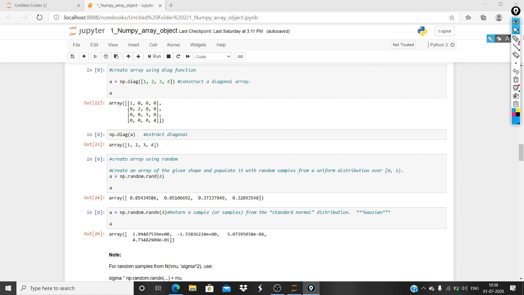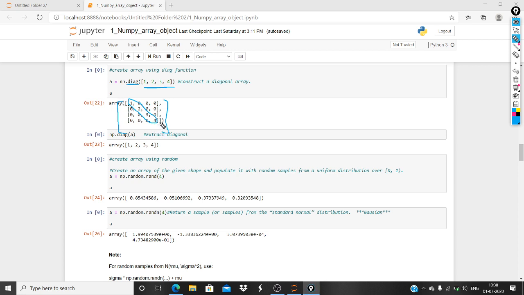np dot diag. What diag will do, here it is 1 2 3 4. As is clear by the name, the diagonal elements will be given the values that we provided. Here we have provided 1 2 3 4, and if it were 5, the array would be bigger, like 1 2 3 4 5 has to go like this.